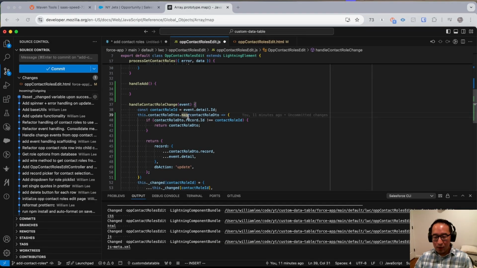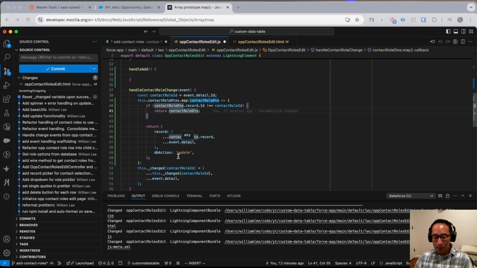Right? So what I'm doing here is just taking each contact role DTO, and if I'm finding that the record ID doesn't match the record ID that changed, then I just return that element. Otherwise, I'm going to modify that particular entry. And so I'm going to take the existing contact role DTO record and add in the event.detail stuff. And I'm also going to set this action to update. But this isn't exactly right, because